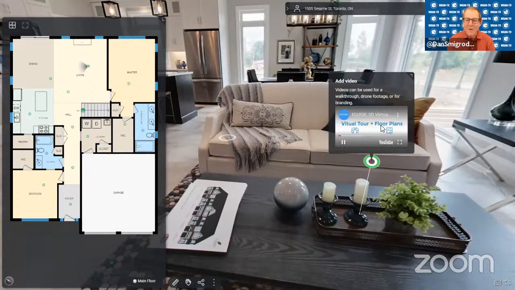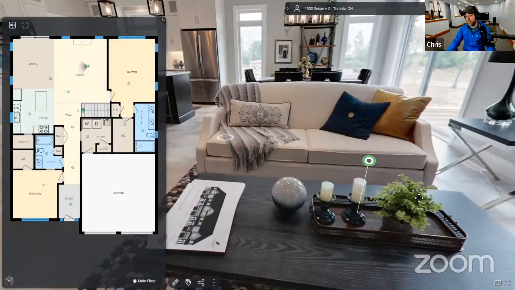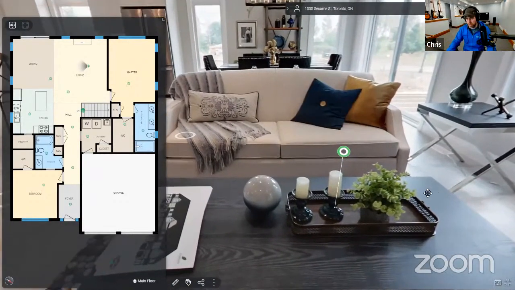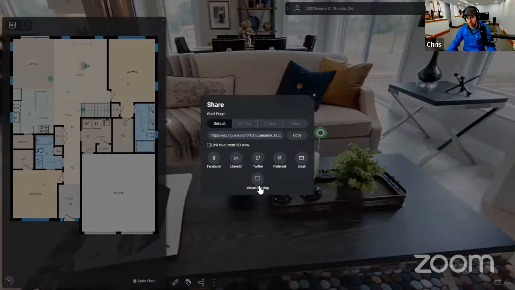So if I wanted this to be the start point, how do I share so that the first thing is this tag that contains a video? Good question. At the moment, what you would do is look straight at the tag, click this, and then click link to current 3D view. Whenever you share this link with someone, it's going to have this zoom level and show this angle and point straight to that tag.